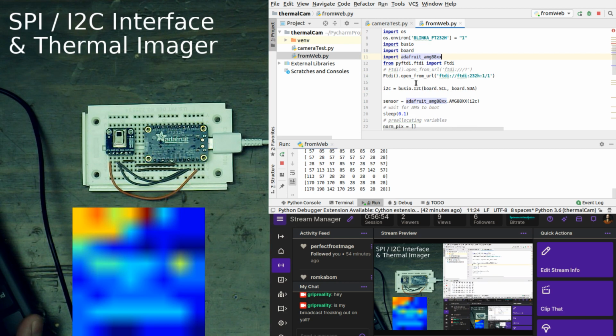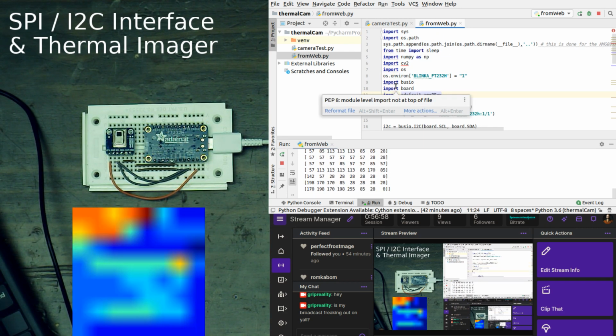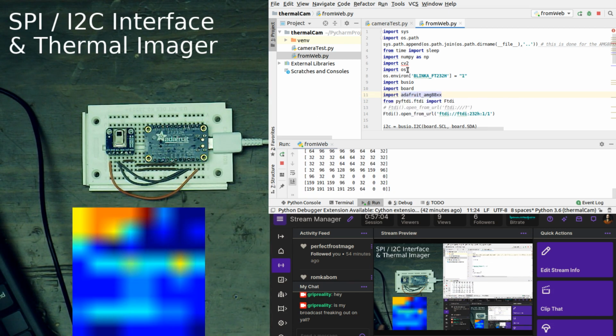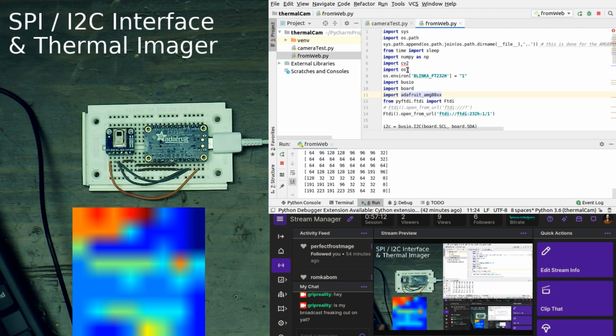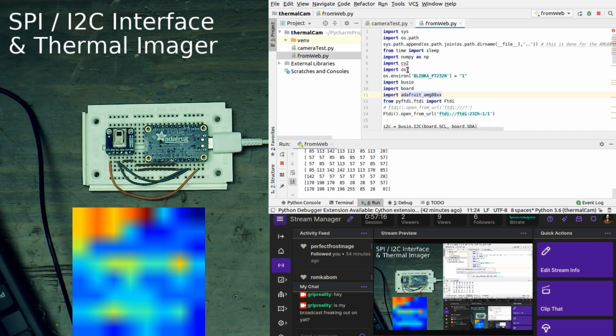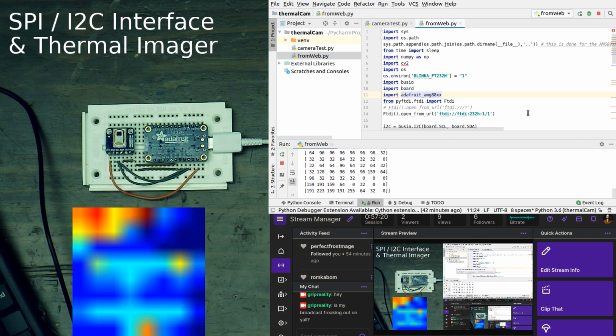All right, so because we are not using a Raspberry Pi and we're not using something that has a built-in I2C, we have to use this little board, which is our FT232H from Adafruit. It is a multi-protocol USB I2C, SPI, and GPIO input-output board. And we want to connect up this